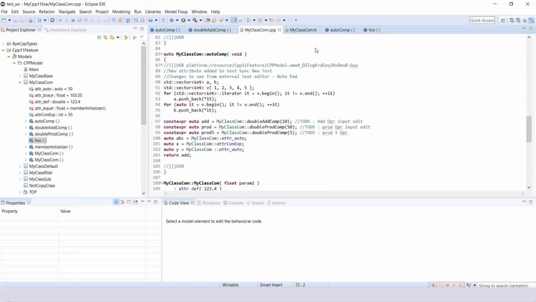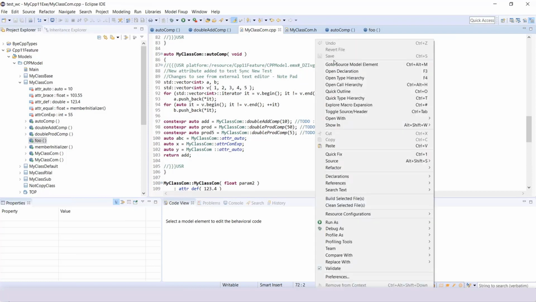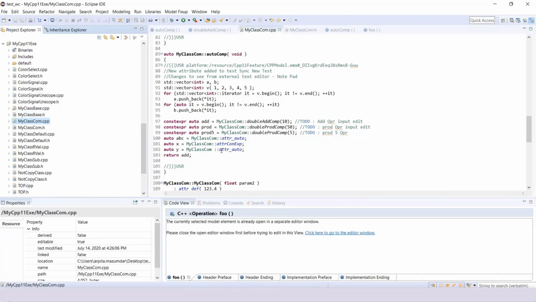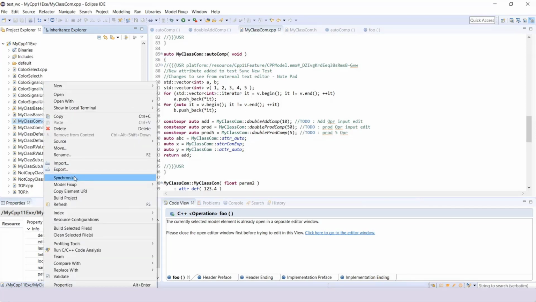I right click over here and go to open with, show in, Project Explorer. Once I am in my Project Explorer, it points to the file corresponding to that C++ generated code. I right click on this and use synchronize. On synchronizing, the model will also be synchronized with the code changes.